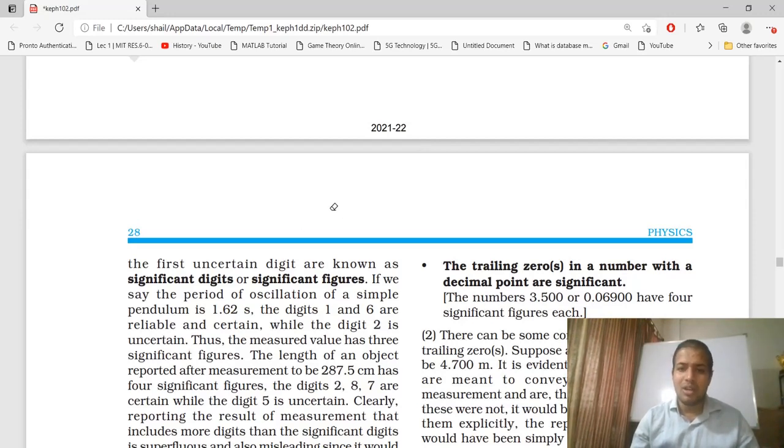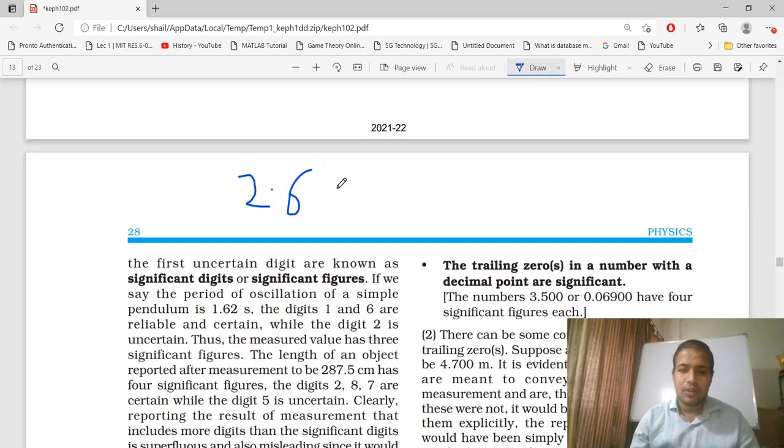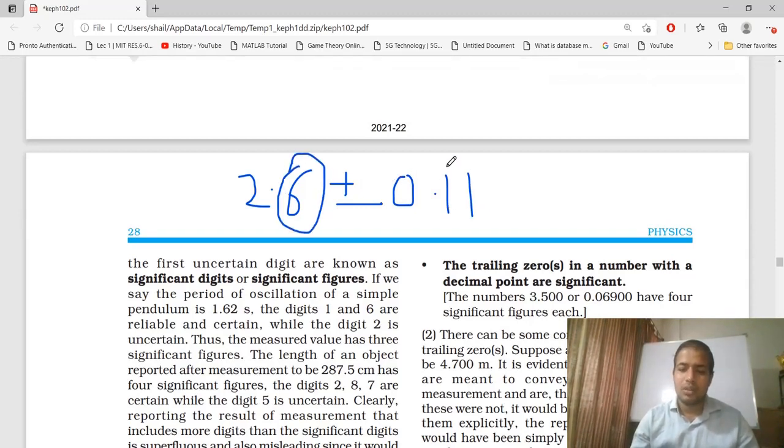Reliable and unreliable, in question 2.7: 2.6 plus minus 0.11. We said that this is the first unreliable digit, this one up to the first decimal place. So we have ignored this digit, and we have written 2.6 plus